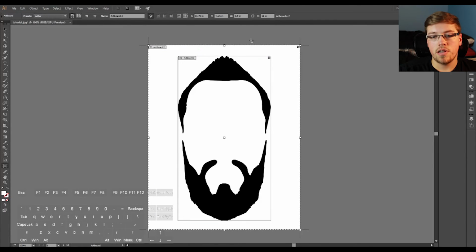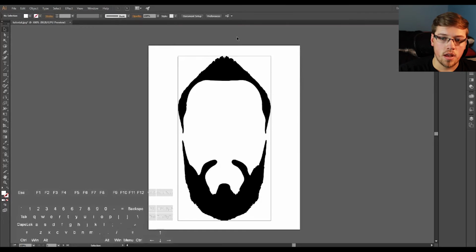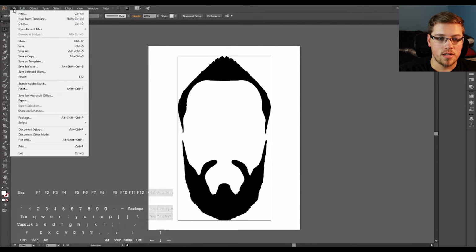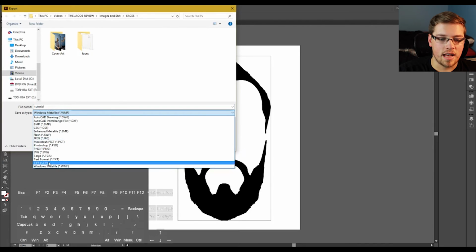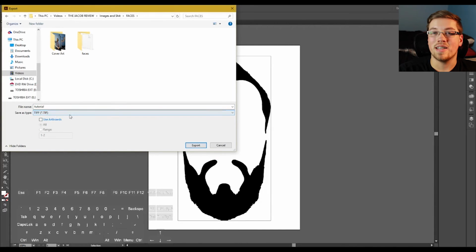There are also various presets here you can choose from, but I'm just going to keep it on letter size. So what you want to do, this is not going to be something you can actually just send to someone in an email. It's going to be too big of a file to do that. So what you're going to do is you're going to go over here to File, you're going to export this,